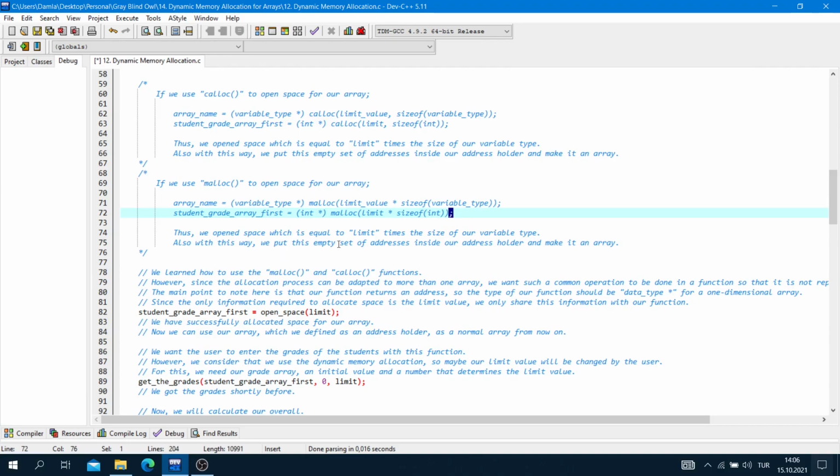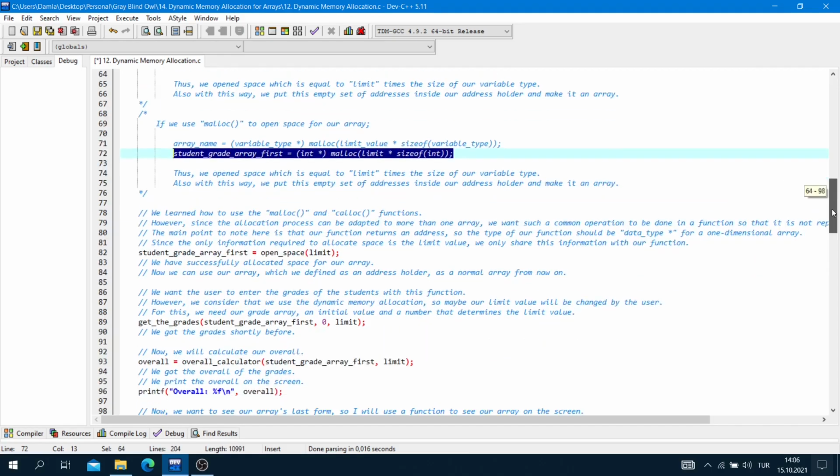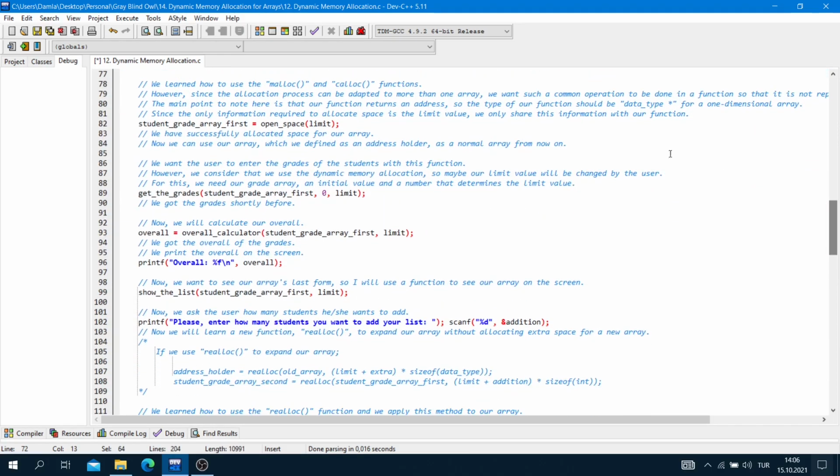Again, we put this empty set of addresses inside our address holder, and we make this address holder an array with this operation.